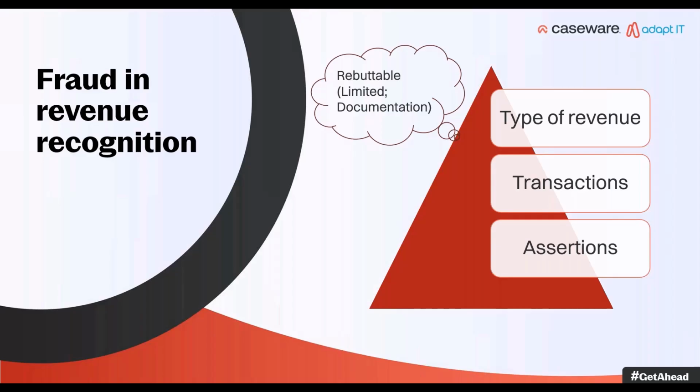So just because I'm not selling items doesn't mean that there's no fraud risk for revenue recognition. So I need to also consider, for my, let's call it for now, different type of revenue, the interest income, the dividend income, the investment income, that type of different revenue. I still need to go and